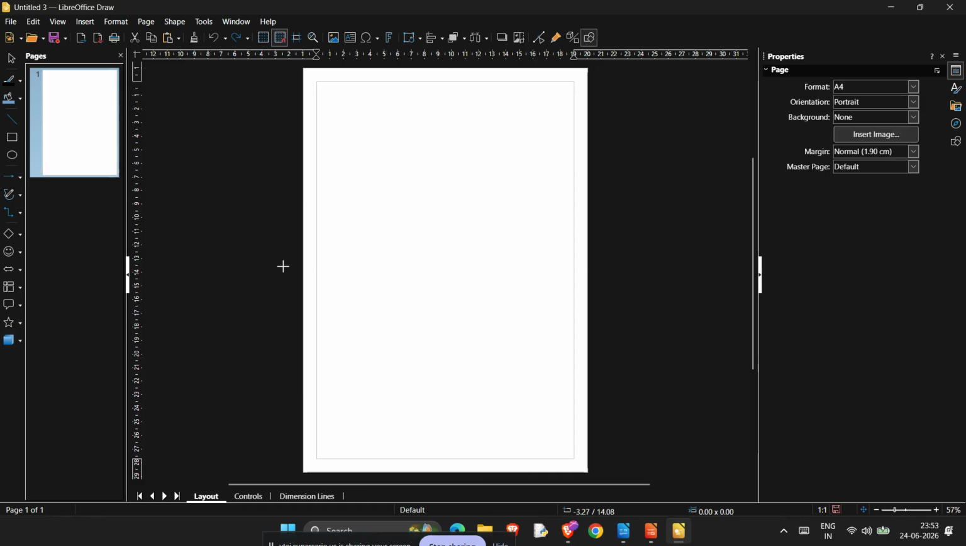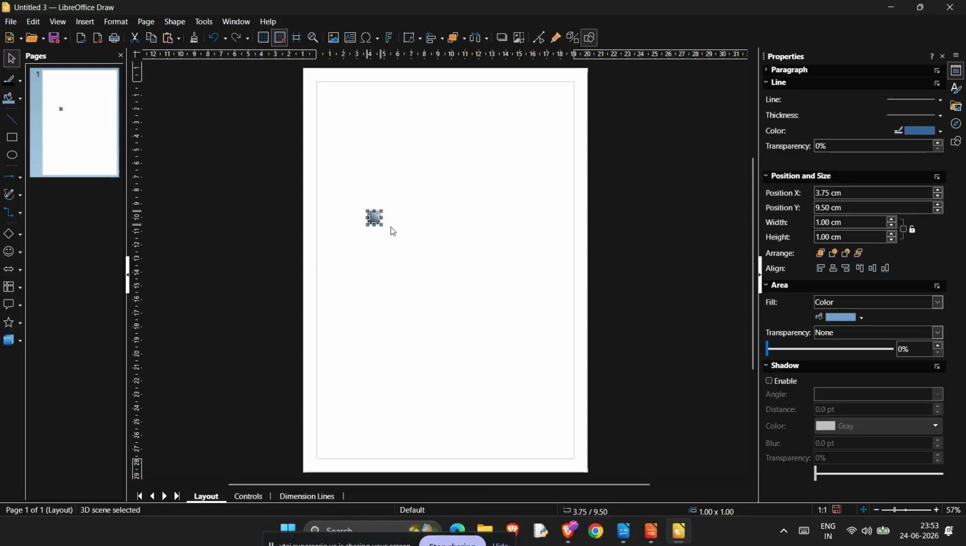After you select it, move your cursor over the editor area and click anywhere on the canvas. As soon as you click, the 3D object will appear automatically. From there, you can start adjusting it to fit your design. You can resize the object by clicking and dragging the handles around it, or you can reposition it wherever you